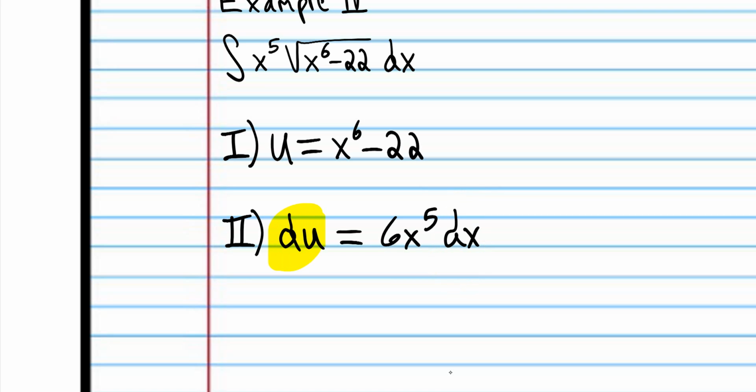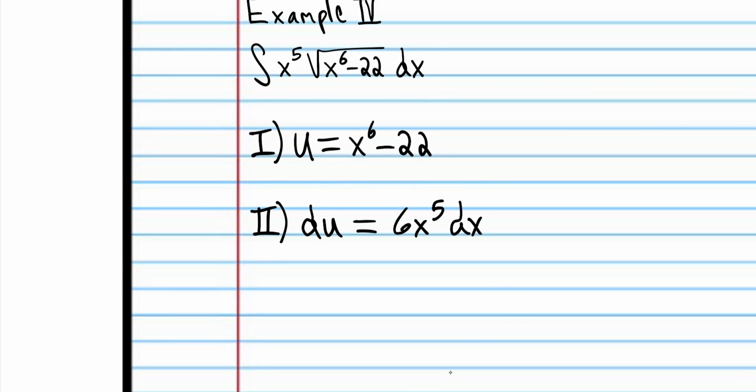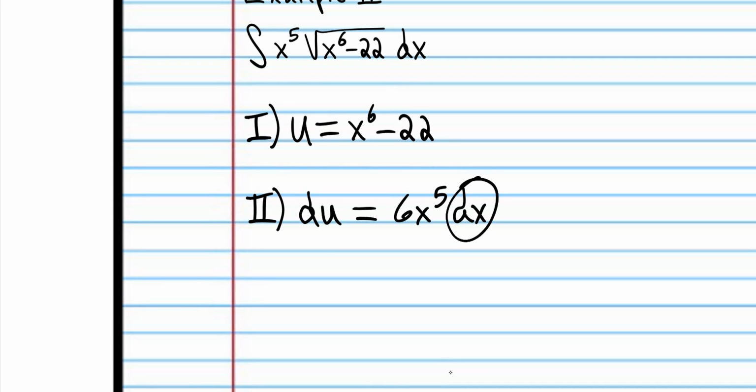Well, du, like I said, actually means something, but dx means nothing. It's completely ornamental still. So we have a dx here that's ornamental, and we have a dx here that's ornamental. But why do we write dx over here? Well, dx is what we can call a pseudo-variable. You can consider it to be like a pseudo-variable. The reason we write dx is that when we complete the third step of this process and we solve for that pseudo-variable dx,